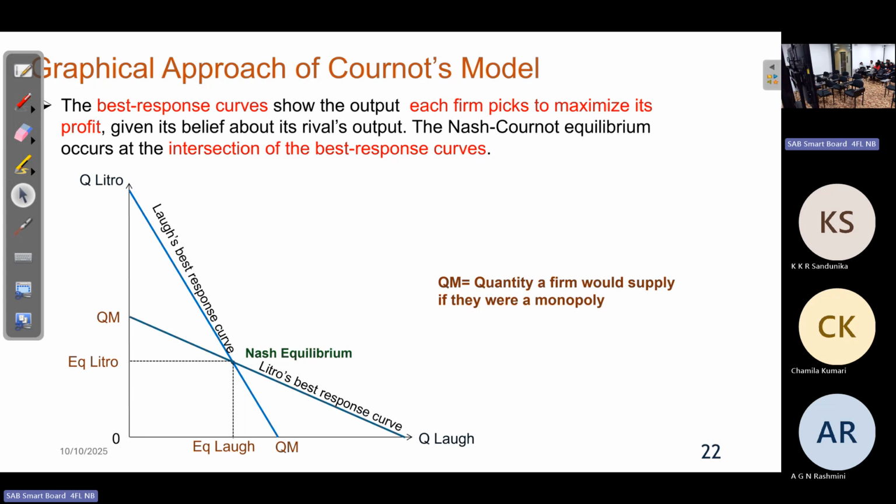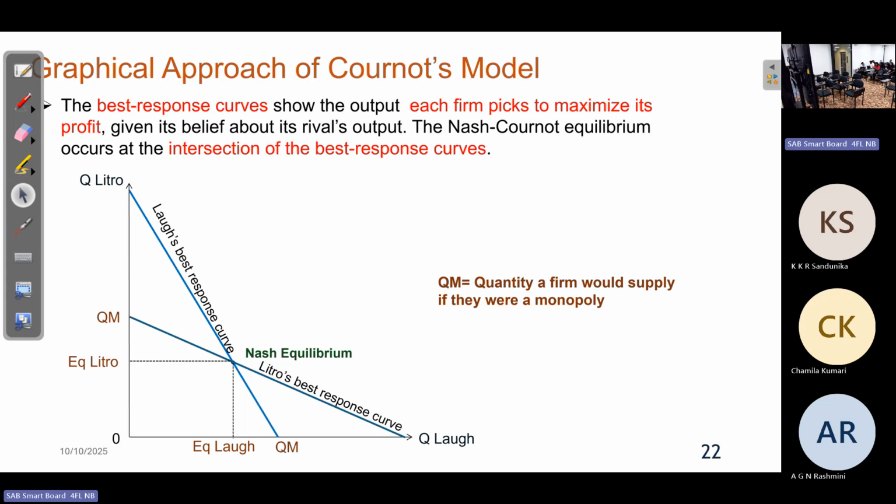So we combine these two points. Then this is the best response function of firm 1. If there is no firm 2, only firm 1 exists, meaning it is a monopoly. If it is a monopoly, it is willing to supply 96. That is firm 1 if firm 2 is absent.